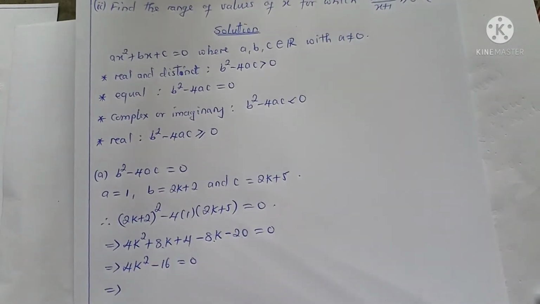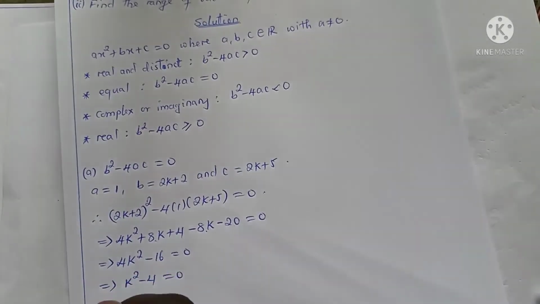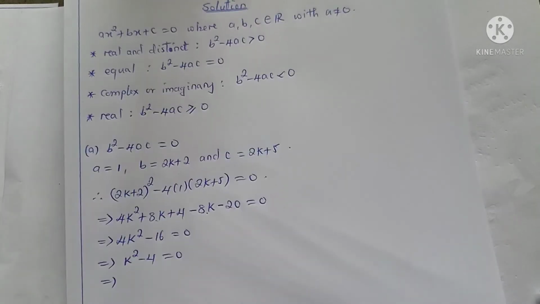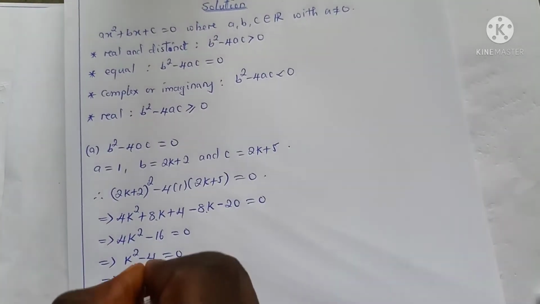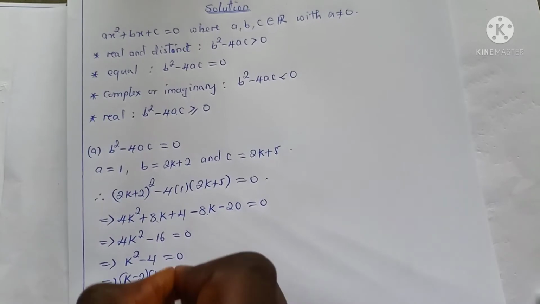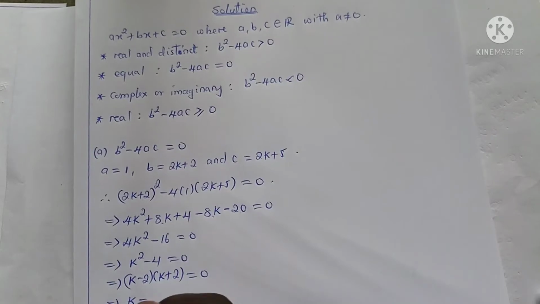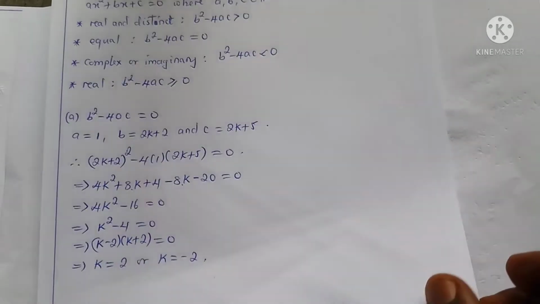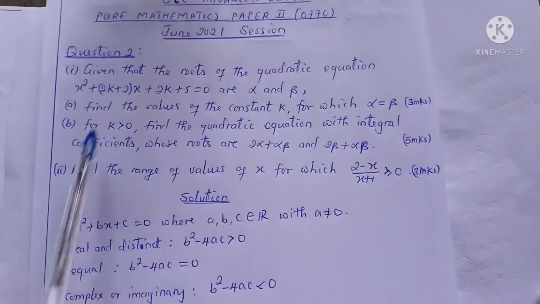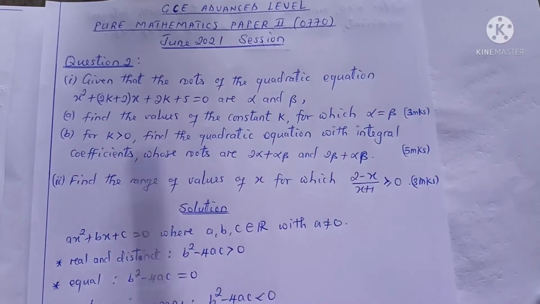And if you divide both sides by 4, we're going to obtain k squared minus 4 equal to 0. And this is also a quadratic equation, which is the difference of two squares. So if you factorize this, we're going to obtain (k minus 2) into (k plus 2) equal to 0. And so if you solve for k, we are going to have k to be 2 or k to be negative 2. The second question says that for k greater than 0, find the quadratic equation with integral coefficients